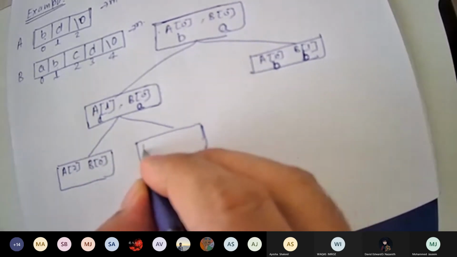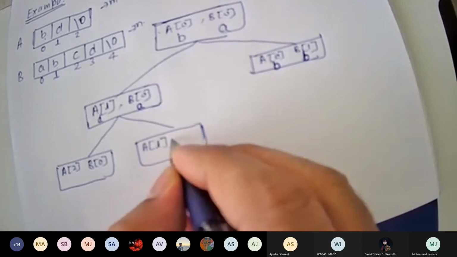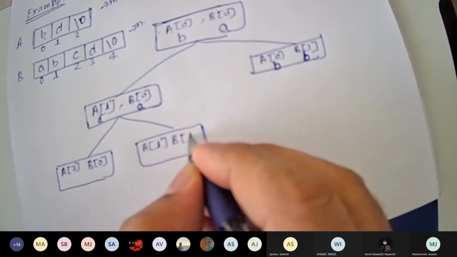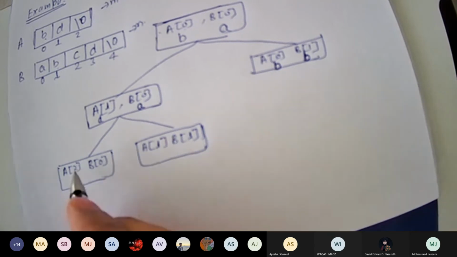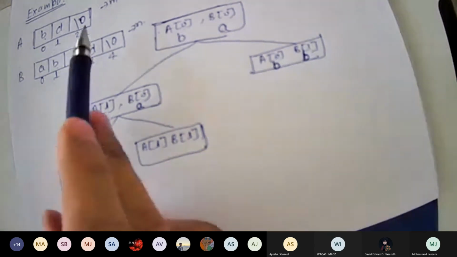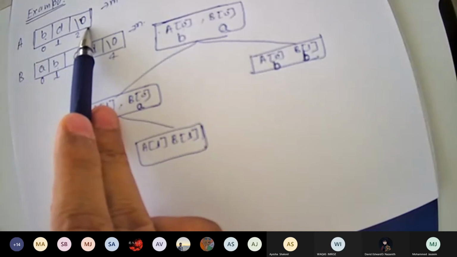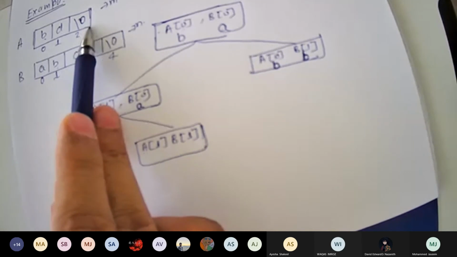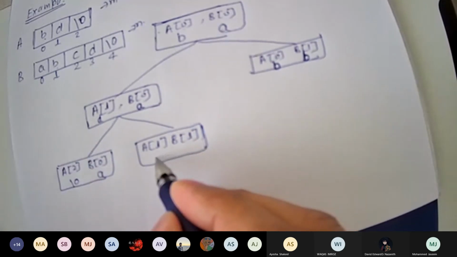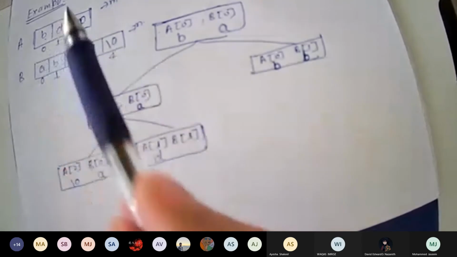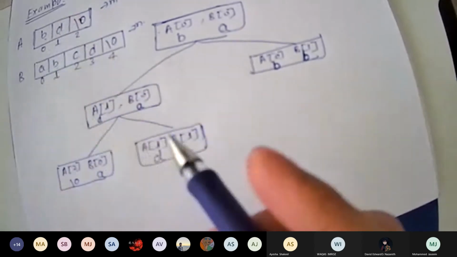And in the other part, the value of I will be the same and the value of J will be increased. Any confusion, anybody? Now what is the value of A2? A2 value was 0, and B0 value is A. A1 value is D and B1 value is B.